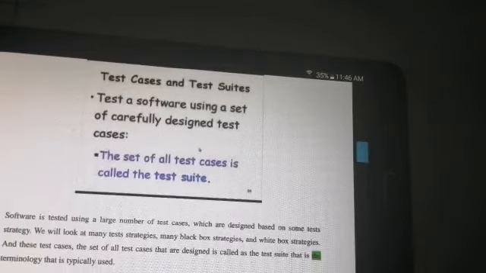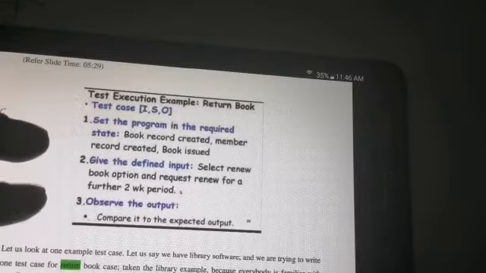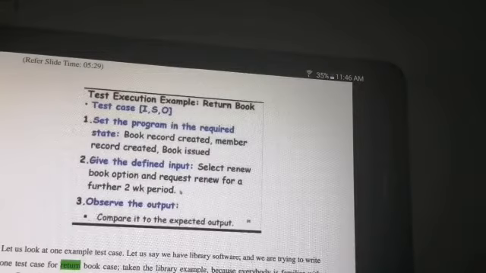Now the main technique to be taken up in testing is that we should be designing the test cases very carefully. All the test cases, as we already know, are known as a test suite. We'll take that by means of some example. What is the test case that the triplet ISO represents?